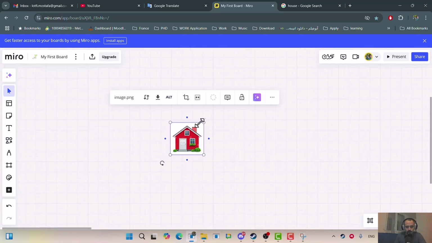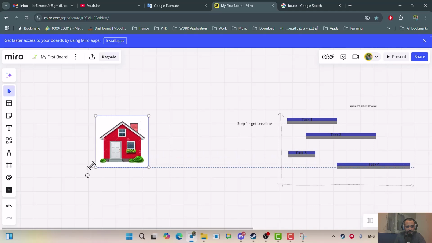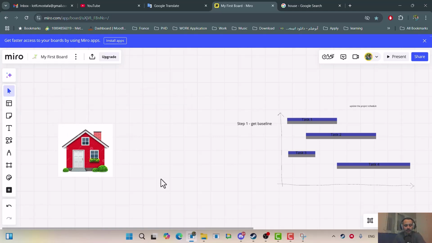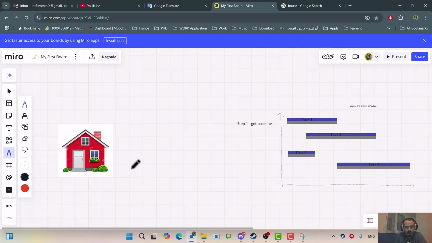Okay, let's say this is a baseline for your project. This is your plan. You want to create a house like this, right? Then what happened in project execution? For example, let me pick this one. Yes, and project execution starts, and after, for example,